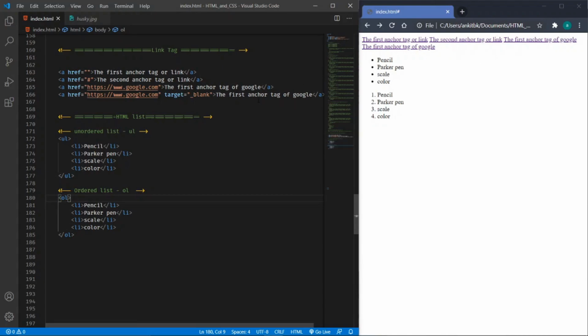Similarly, when we evaluate the block level element, the list tag is actually a block level element, which takes the whole width of the screen of the web page, and it always starts on a new line. So you can see I'm using the li tags. There are four li tags which have been placed one after another. It can be similar to this scenario also.